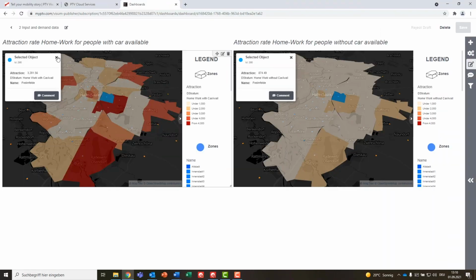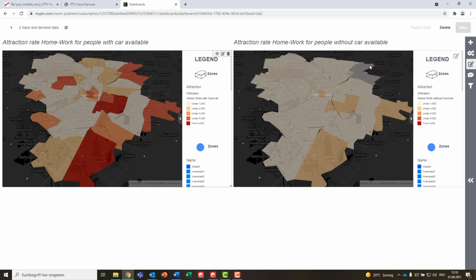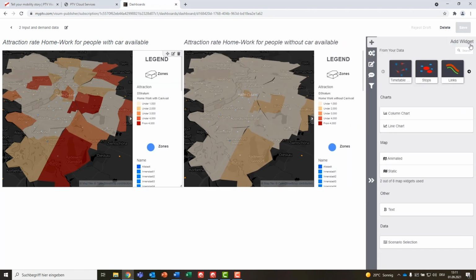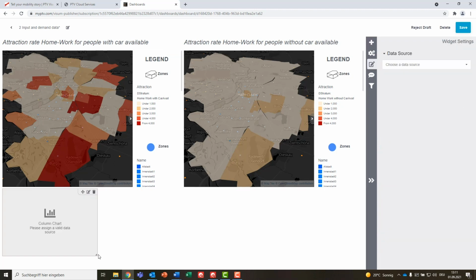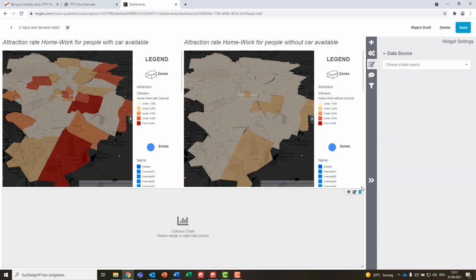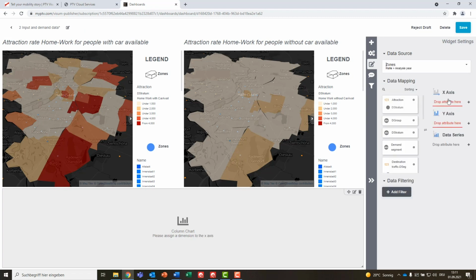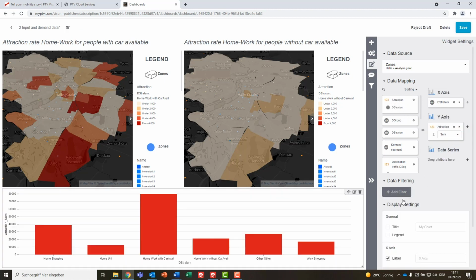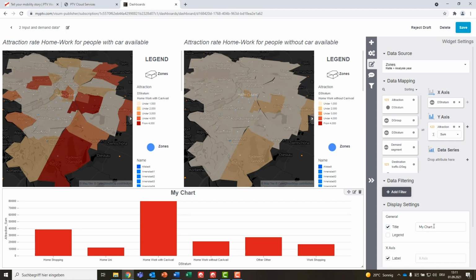Charts can give a general overview and represent important KPIs. In this context, it is interesting to analyze the attraction rates across the whole model. To do this, you can add a column chart to the dashboard. Select the data source zone, the attribute demand stratum for the x-axis, and the attraction rate for the y-axis. This gives us a chart displaying the sum over all zones for the attraction rate per demand stratum to get